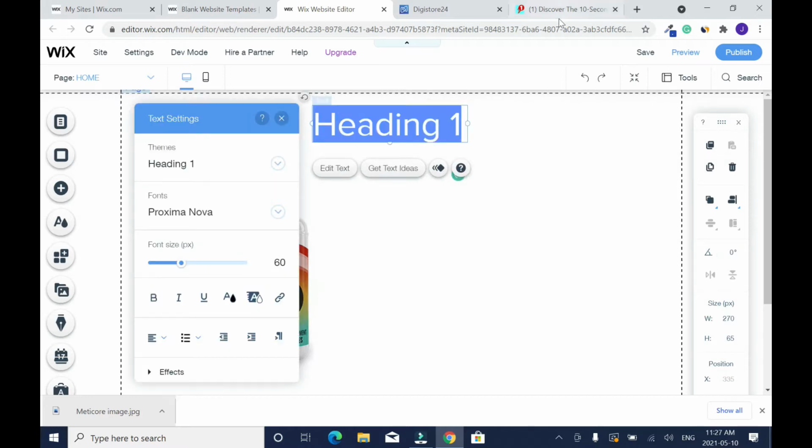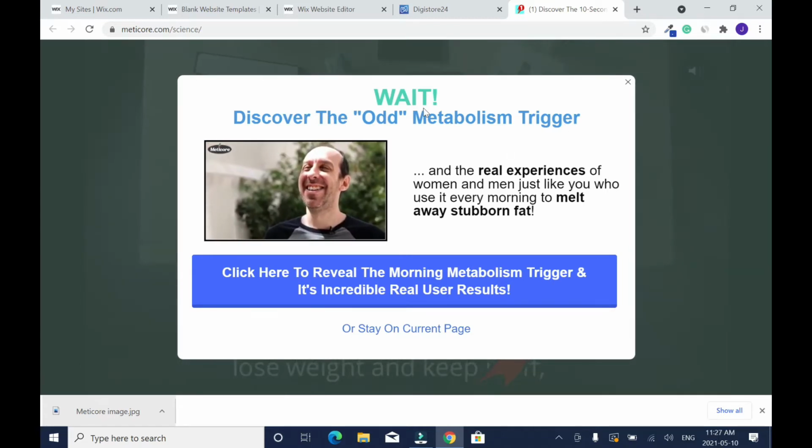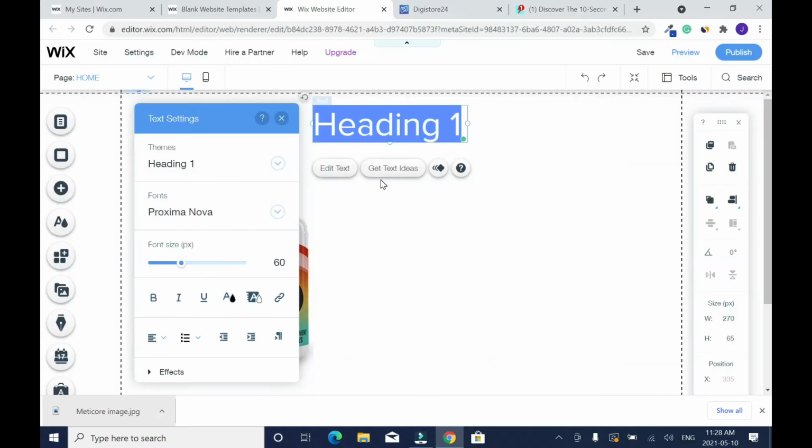Double click. Let's go over here. It says discover the odd metabolism trigger, so we have to read and come up with a catchy title. I'll go back here and say discover